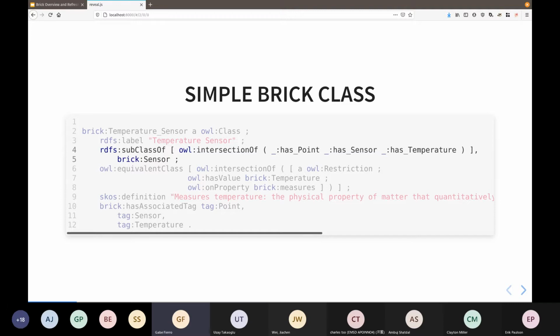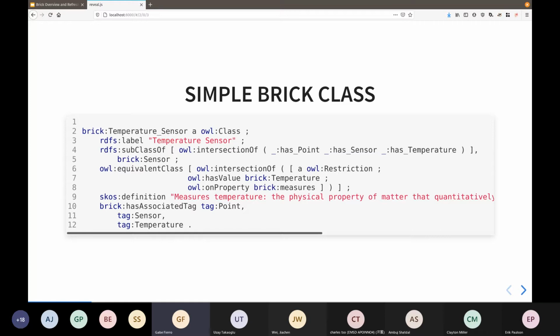That intersection of stuff is going to essentially automatically apply annotation tags onto any of your entities. Each of the Brick classes comes with a textual definition that's pulled from an ASHRAE dictionary or some other source. It has a set of associated tags, so this allows you to use tags to discover Brick classes as well as use tags to discover Brick entities.